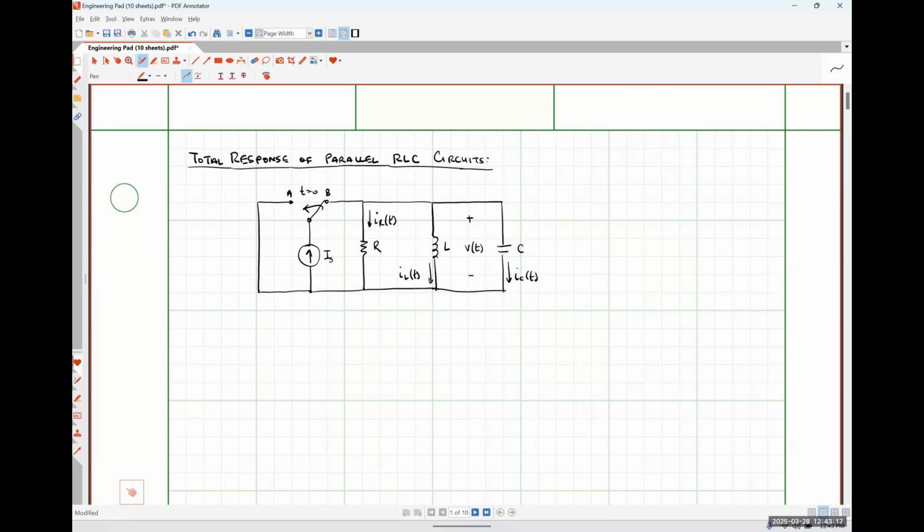So the math is going to be a little bit more difficult than what we had for our first order system because of that interaction between the two energy storage elements, okay? So if I were to apply KCL during the transient condition,